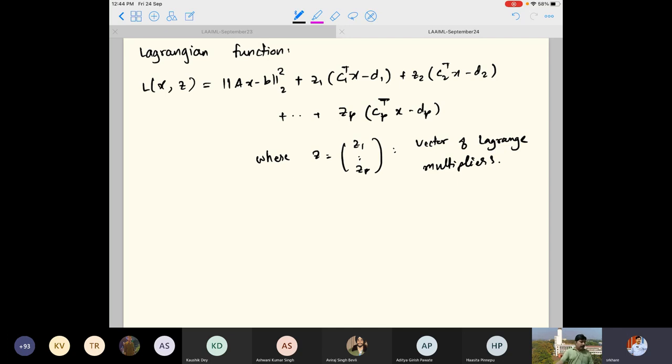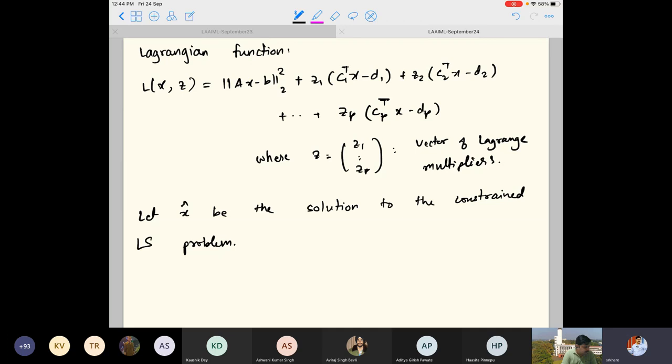And what do we do? What we do is we differentiate this Lagrange function with respect to x and z, equate that to 0 and eliminate z from that, and you get the solution x, right? That's what the Lagrange multiplier method really does. So let us try to do that. So let x hat be the solution to the constrained least squares problem,